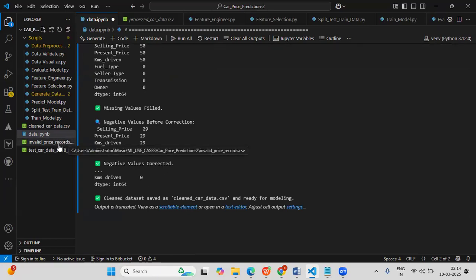Then finally, it created one invalid price records file, which has the invalid selling price values, and the clean data CSV file is also created, the latest file. After this, we are going to see a visualization of the data